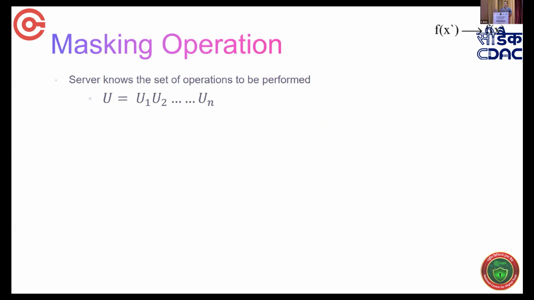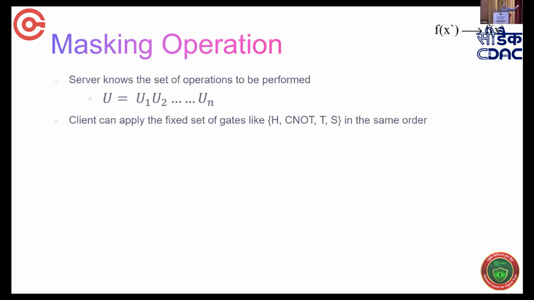Now there is a set of universal computation. So for example, we have H, C naught, T, S. So what I can do is, instead of saying that I only want to apply C or T or S, I will say that apply this entire set on my input. But whichever operation I don't want, suppose I don't want C naught, I don't want S, for them the input will be some dummy qubit.